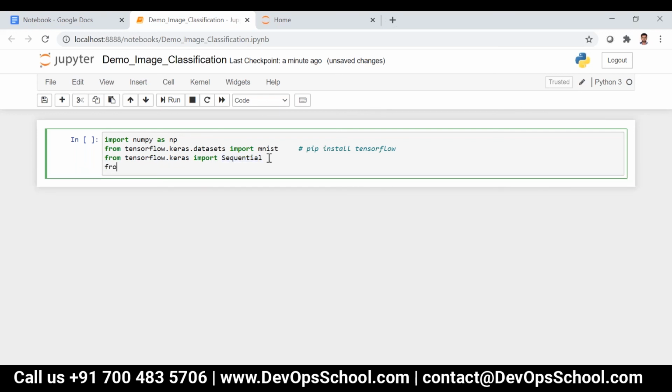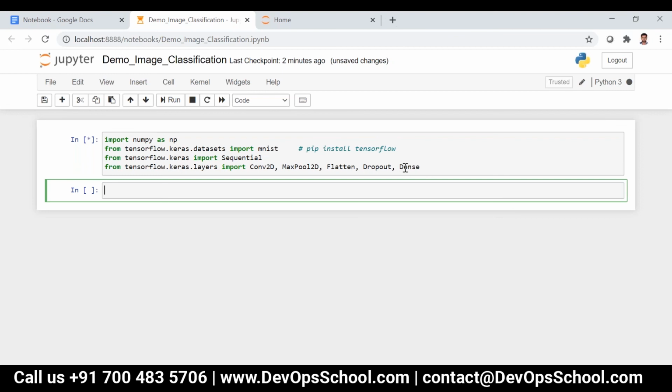Then I'm writing from tensorflow.keras.layers import the convolution layer, max pool layer, I will explain what these layers are, then flatten layer, then dropout, which I've explained, and dense, which is nothing but hidden layers.